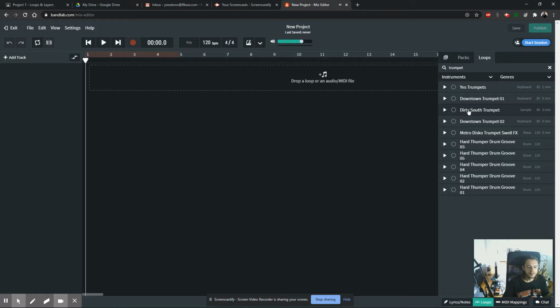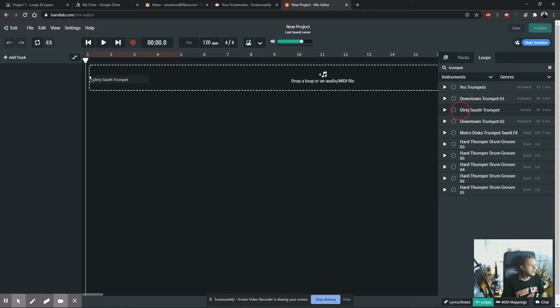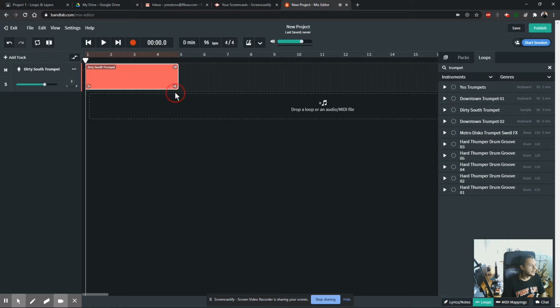So a loop is just a piece of sound, right? A sound file, an audio file that will just repeat and repeat until you stop it. We have the cycle button over here, and you can see that when I click on the cycle button, it turns this bar orange, and you can turn it on and off. If it's off and you just play it,